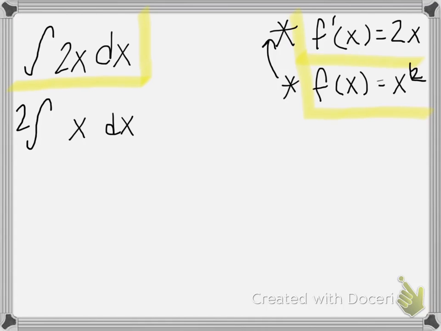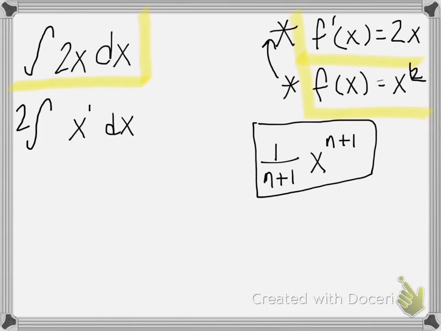Okay, so like the power rule, where you pull the power down and subtract 1, with the integral there's just a quick little rule for you: you're going to have 1 over n plus 1 times x to the n plus 1. And so that's basically the steps that we're going to do to take the integral. And so back over here to the left, since we have already pulled out the 2 and set it outside the integral,